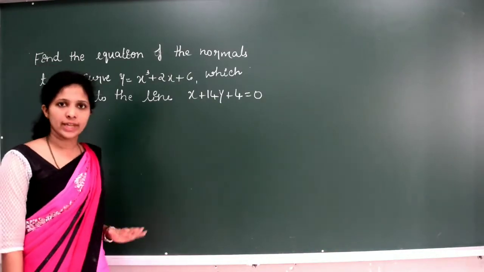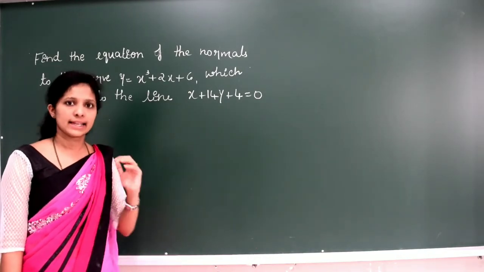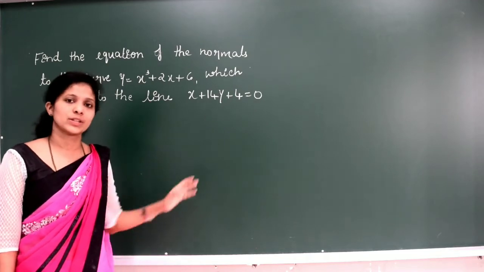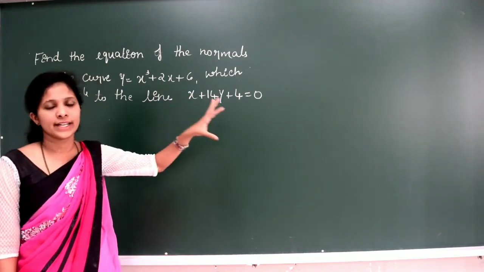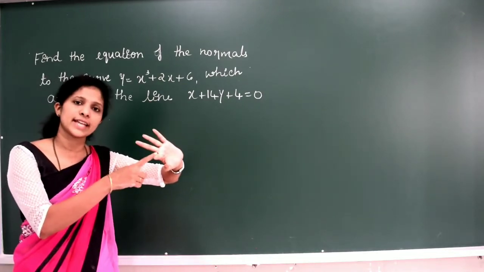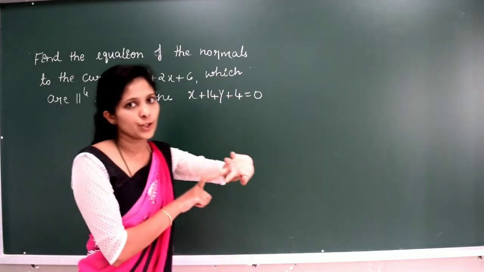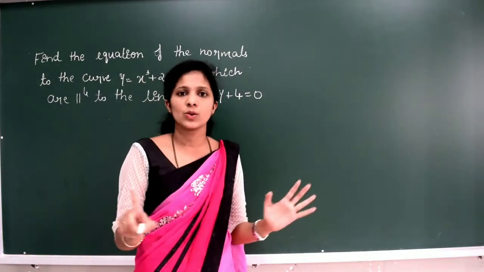Question. Similar problem we have solved, but let me explain it. And in the exercise there are many problems. I'll give you those problems. You have to solve them so that it will be practice for you. Finding the equation of a tangent or finding the equation of a normal, remember one thing: to find the equation of a tangent or a normal, one point should be there and another one is slope should be there. By using those two you can find the equations.